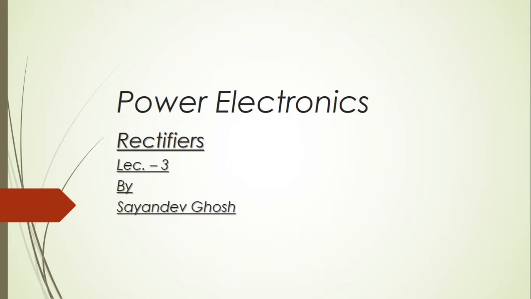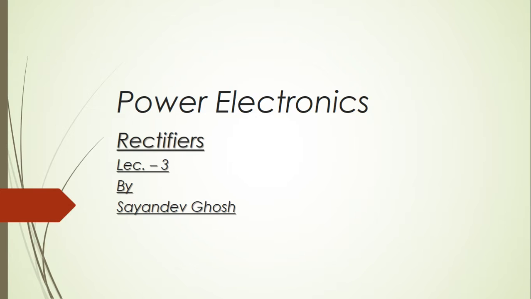In the previous lectures we have learned about the working of a rectifier using the single phase half wave rectifier, and we have seen its performance with the resistive load as well as with the RL load. Now you can see over there, if you just notice very carefully, that the output voltages were DC, but it was discontinuous and contains harmonics.